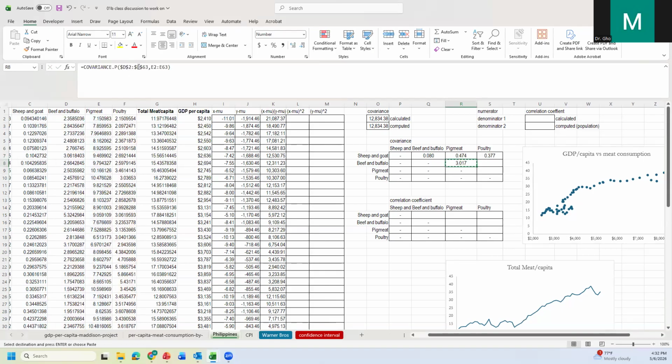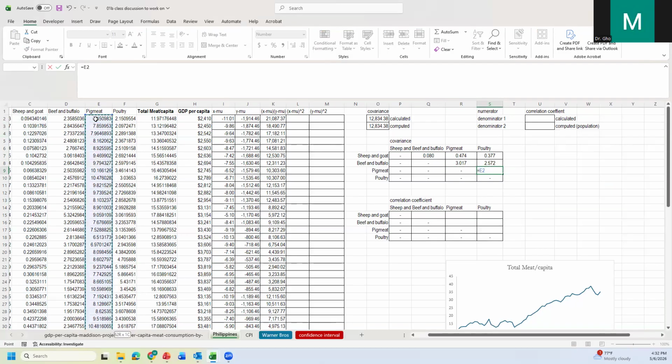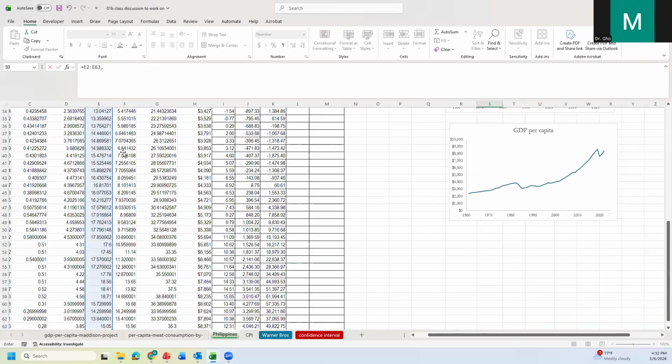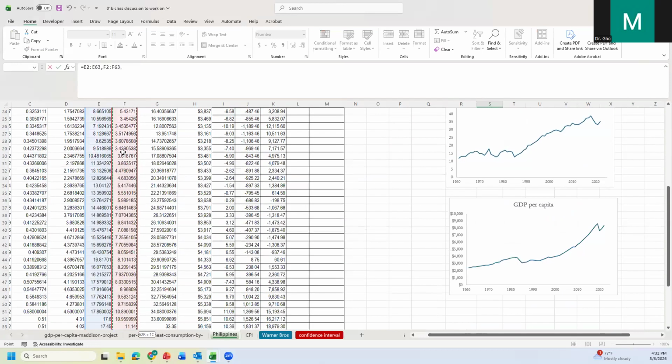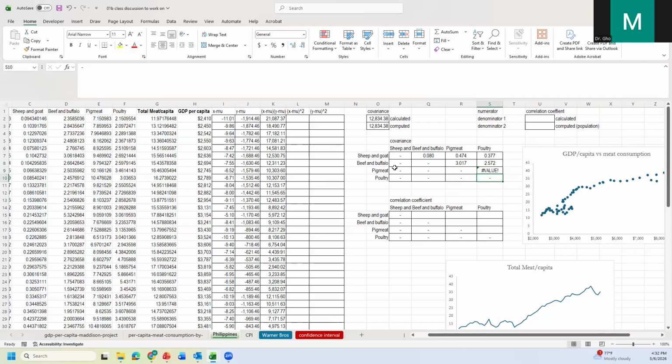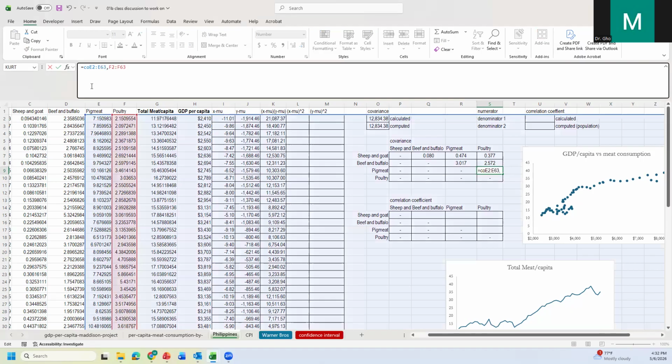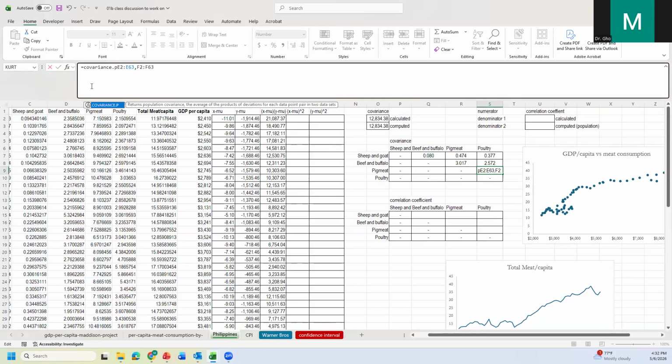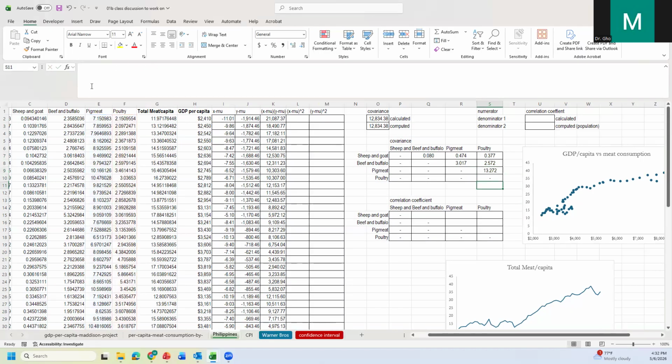And then we copy and paste that and go back. So let's look at pig meat, pork and poultry. And really with this, we could tell that it's positive, but it's not really scaled to anything, so it makes it hard to tell if it's a strong correlation. And so to do that,